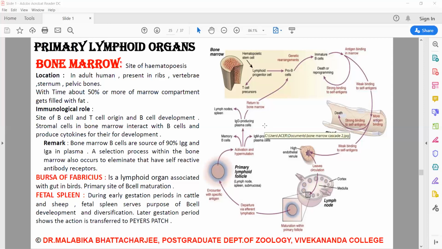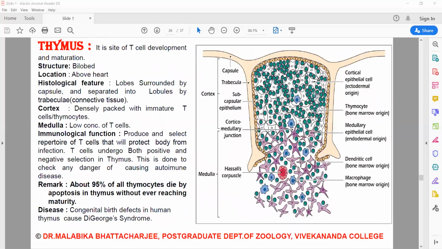So as you can see, this is basically a summary of the life of B lymphocytes that arise in the bone marrow, partially mature in the bone marrow, and then move through the blood via the lymph node to become firmly mature. We have studied in detail the maturation of T lymphocytes in the thymus. So if we may move on to the next important primary lymphoid organ, that is the thymus. In my previous class, I had described in detail how the T lymphocytes are matured in the thymus.